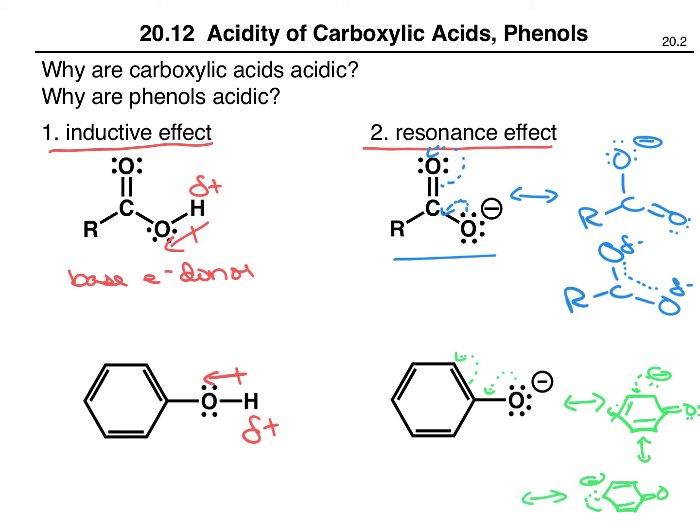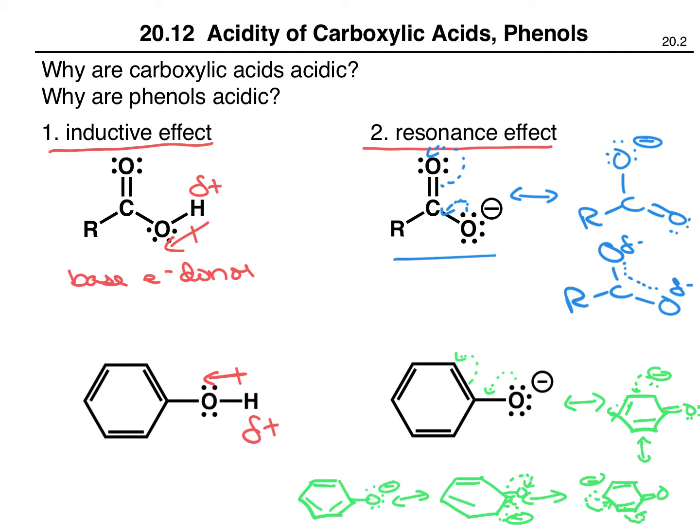We can imagine these electrons move here, and these electrons move onto this carbon. And finally, these electrons can move back, pushing these electrons back up onto the O-, giving us